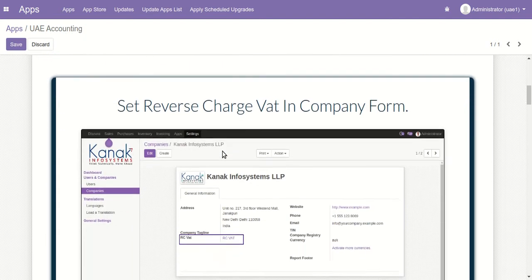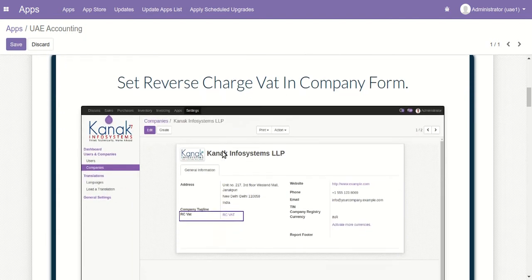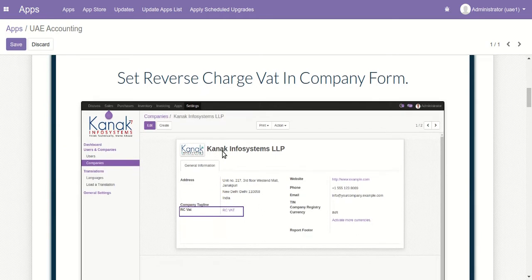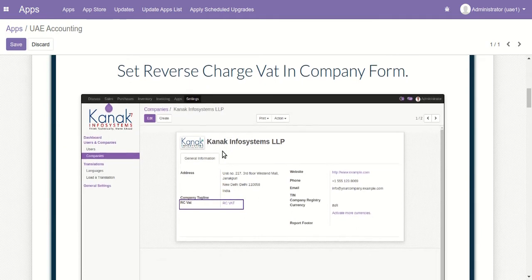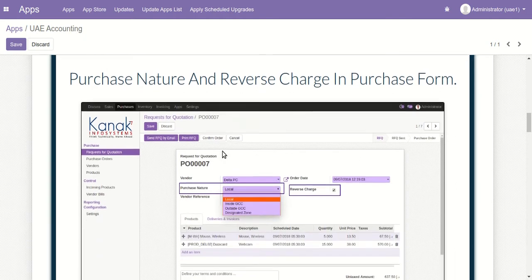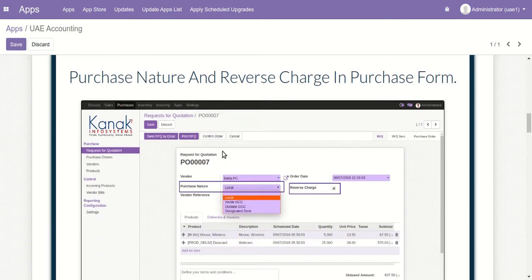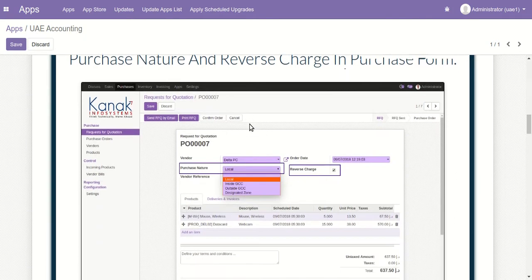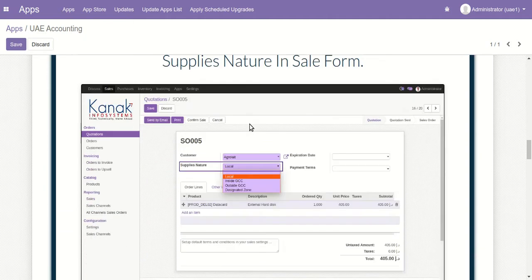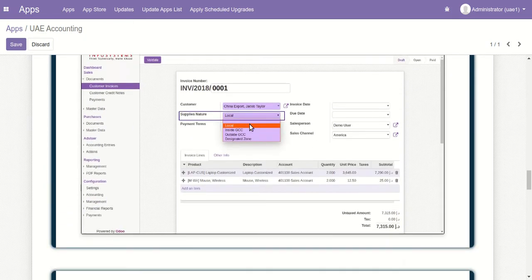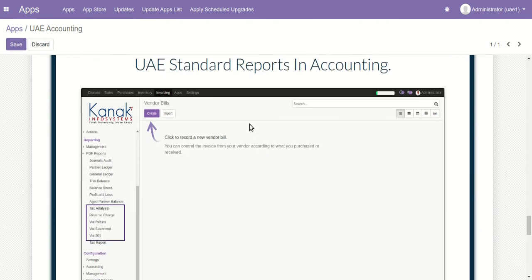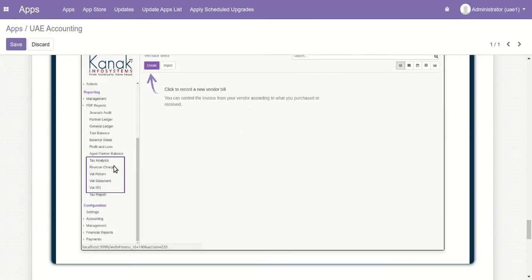This information also shows some basic configuration, like we will set the reverse charge VAT in the company form, and how you will use this module in the purchase quotation, sale quotations, customer invoice and the vendor bills. At the end, we will get some PDF reports of UAE accounts based on the UAE accounting standard: tax analysis, reverse charge, VAT return, and VAT 201 report.